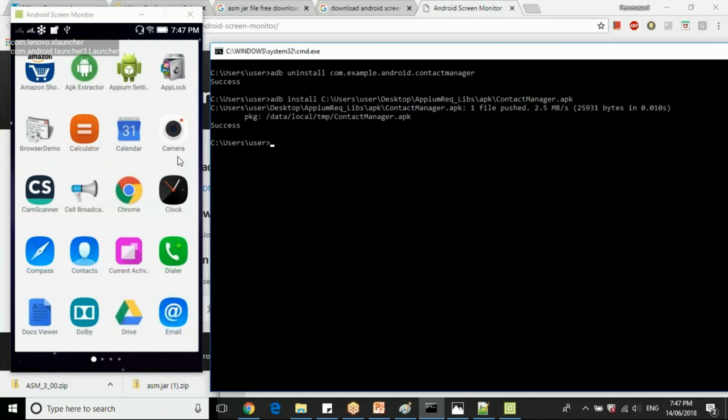Let's say a developer comes to you and gives you an APK file. He's asking you to install it on multiple devices. What are you going to do? There are 3 devices. Let's assume I'm a developer. I'm giving you the contact manager application. I'm asking, hey, I need to test, write 5 automation test cases for this contact manager. Can you install it on an Android mobile, a tablet, and any 7-inch Android phone? What is the process that you're going to follow, guys?